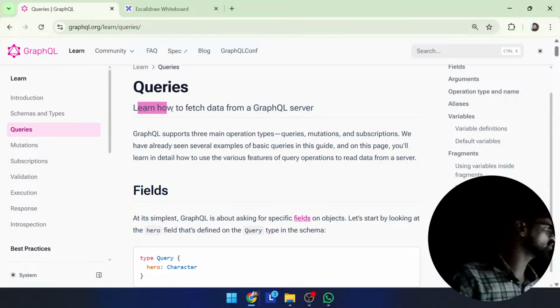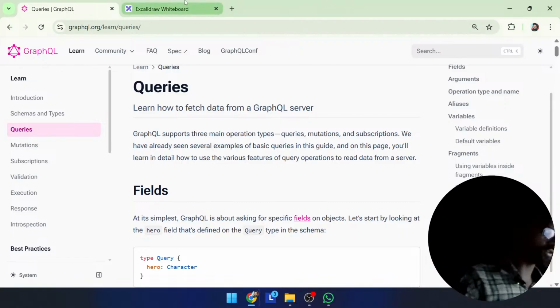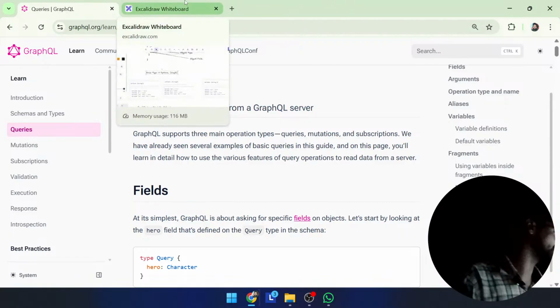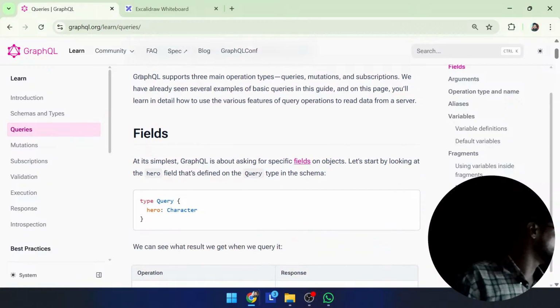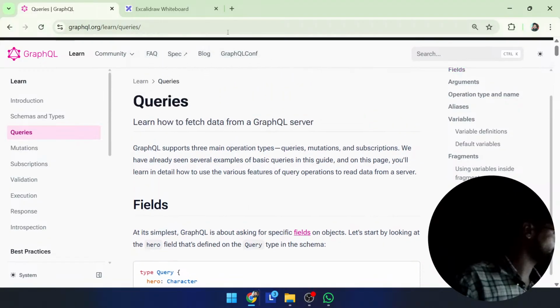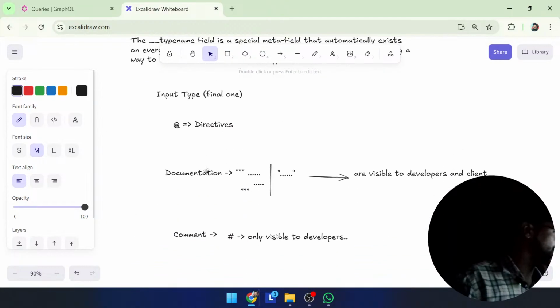Queries. Learn how to fetch data from a GraphQL server. That's more important. Now we are going to know actually how we can get the data from GraphQL. GraphQL supports three main operation types: queries, mutations, and subscriptions. Okay, what does query mean? First we should understand that query means